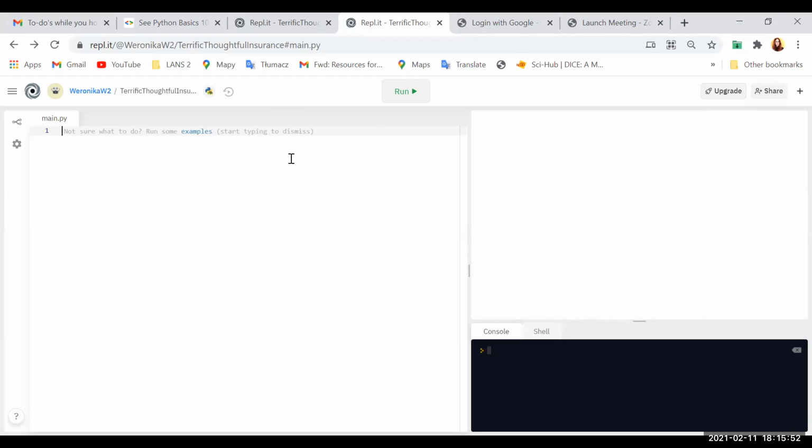And this is really how most coding environments look like. The only difference is that most of them are programs that you download on your computer, but for today it's not really necessary because this will work as well. You only need the programs that you download for larger projects and so on. And for today, we're going to keep it simple.